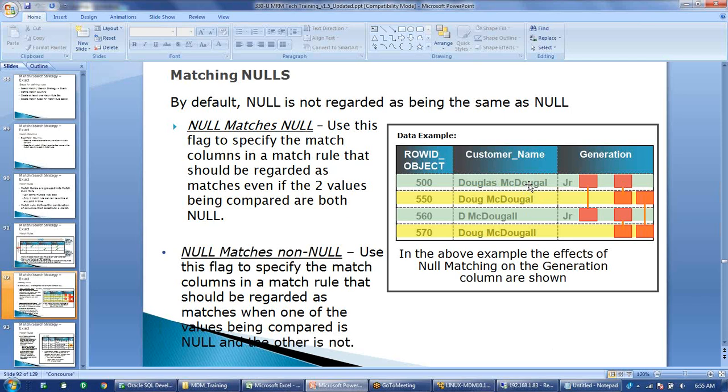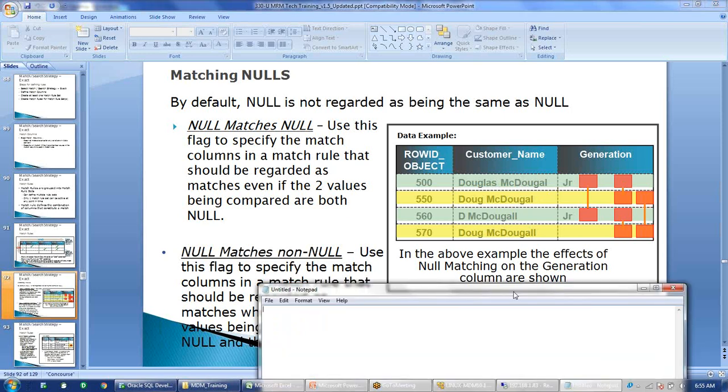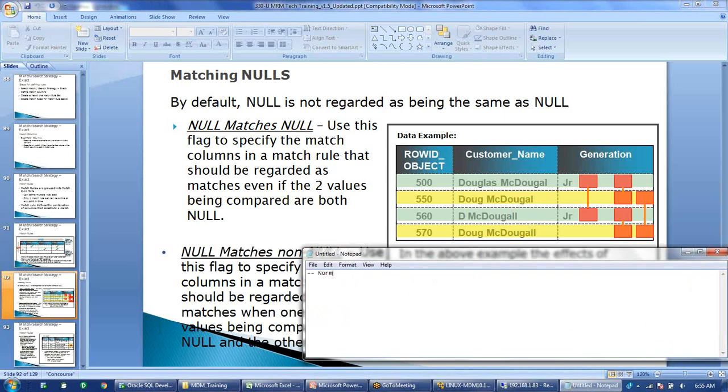Once you run the match process, as of now just consider all the customers are duplicates. So MDM can match all these customers if we put that at a table level. So in this case, let us see what will happen if we go and run the normal match.